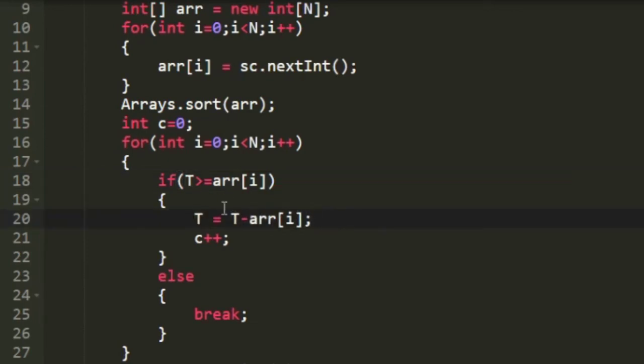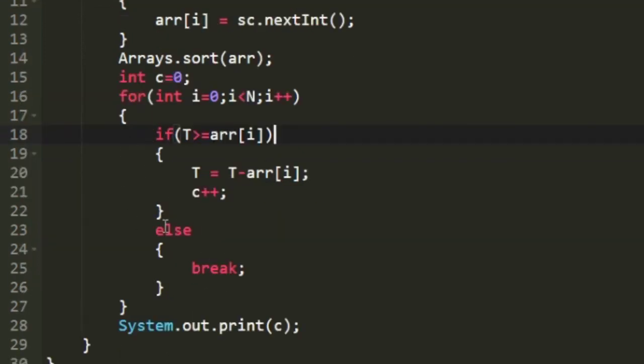And we are also going to increment the value of c whenever this condition is satisfied. And whenever this condition fails, we can break out of our loop, because the boy can't buy any of the ice creams beyond that. So we are just going to break out of the loop and finally print the value of c, which is the maximum number of ice creams that the boy can buy.